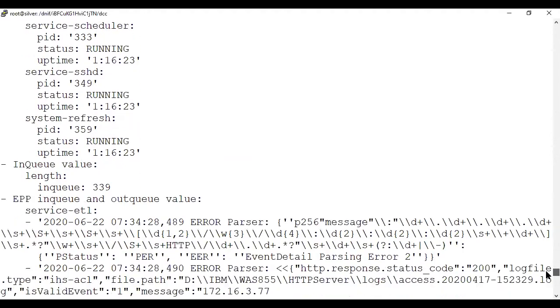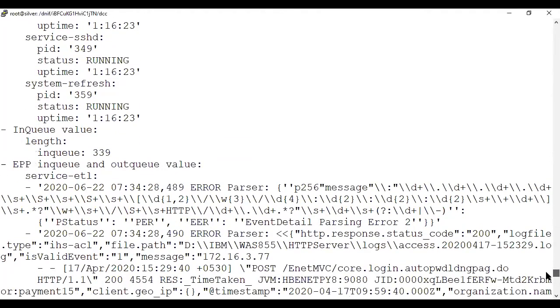Once you see, the important one is the NQ, how much you are getting from the devices inside the EPP module, that EPP pipeline, and what is the list of logs which are passed from the EPP pipeline. You get the details from this, that it has been sent. As you can see over here, the message has been displayed.